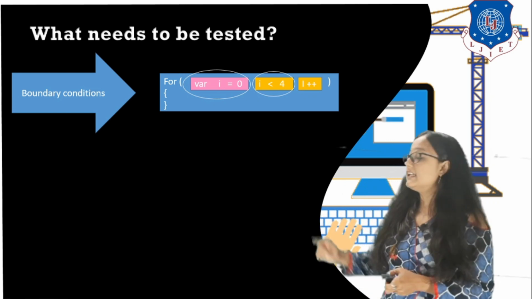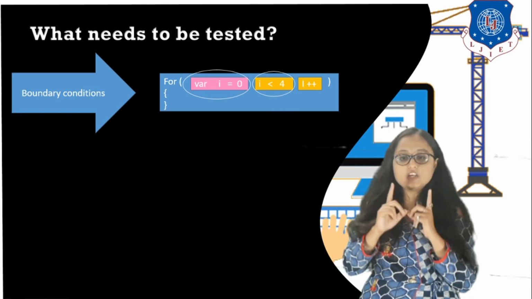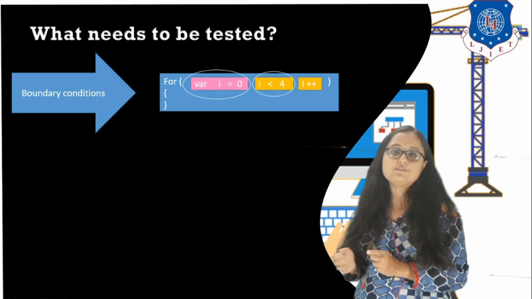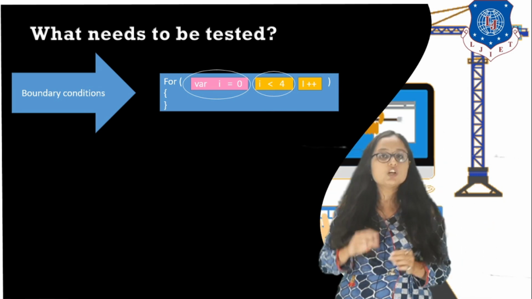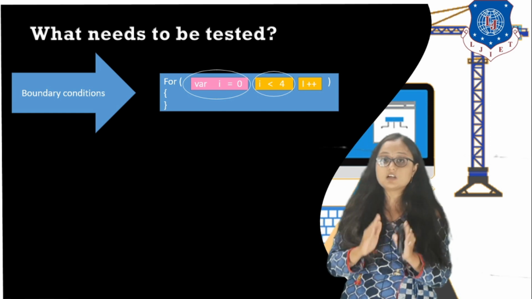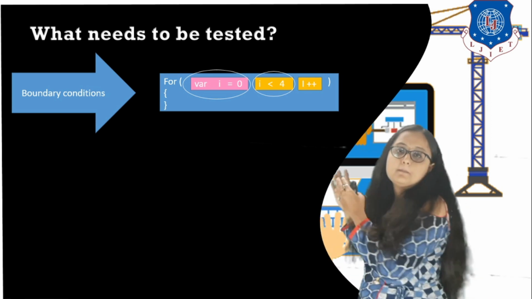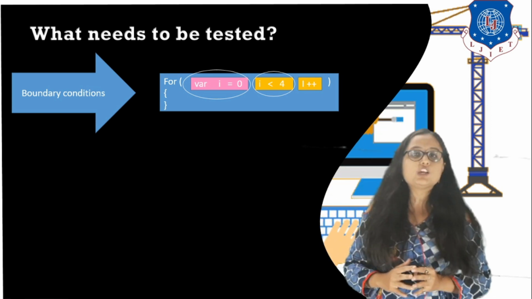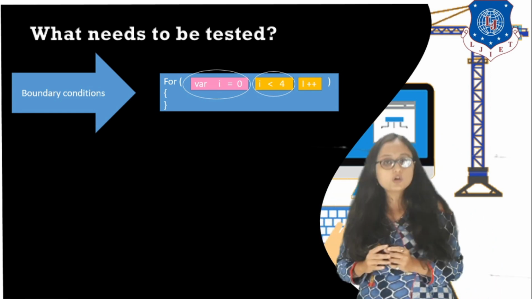But what if the developer has initialized the value from 1 instead of 0? We know that this boundary condition differs. Here it is i less than 4, but if you are initializing it to 1, you have to write less than or equal to. So these are the boundary conditions that a programmer must understand, but while coding they may be missed, or they may foresee these conditions. So while unit testing you have to take into consideration all the boundary conditions and check your program for them.